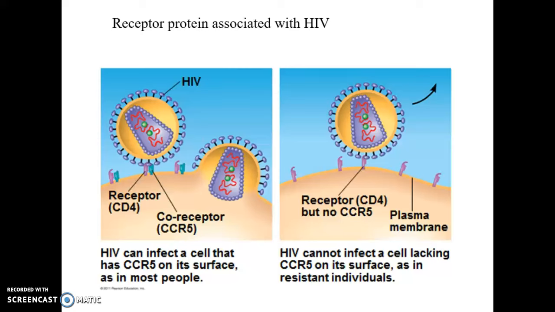So imagine genetically engineering somebody to not have that receptor. They have an immune